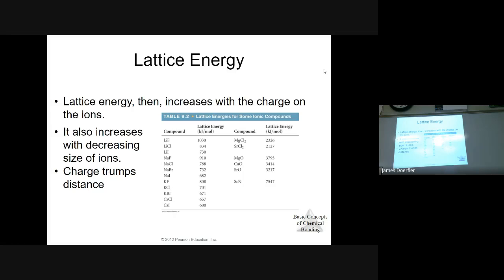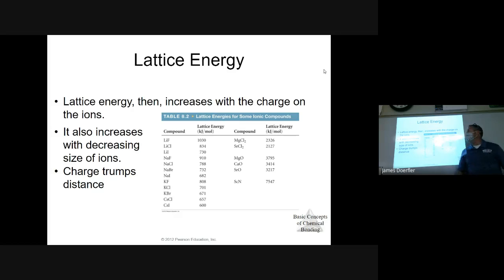We have some elements that can form ions that are really high in ionic charge. Then we have some that are just barely ions. Okay? So really one of the first things you want to do is identify what the charges are. Okay? Because as we see on the bottom, charge trumps distance. Charge is more important in the long run than the distance between them. But if it comes down to a situation where we have to use the distance to help determine who has a larger lattice energy or vice versa,